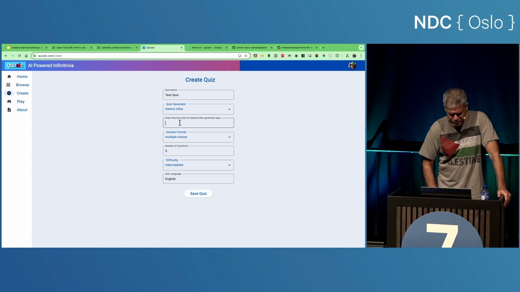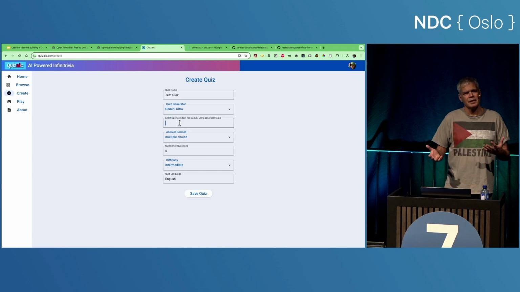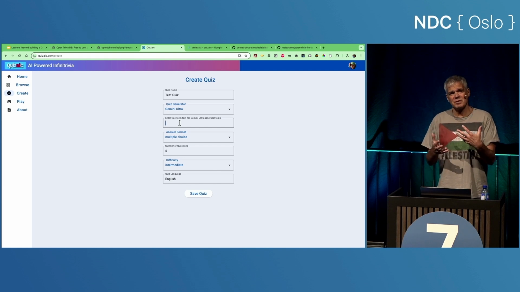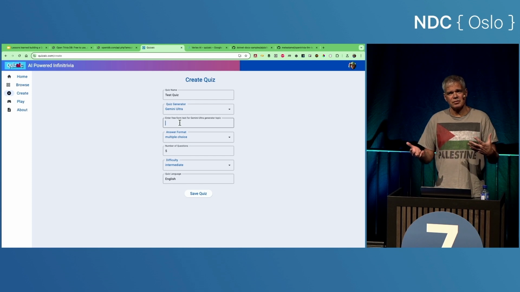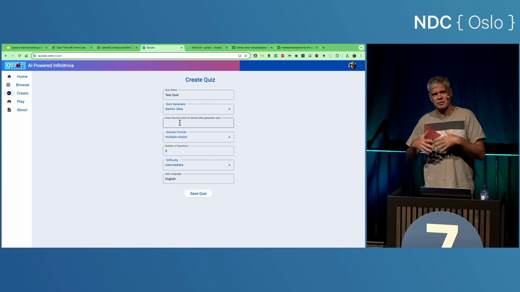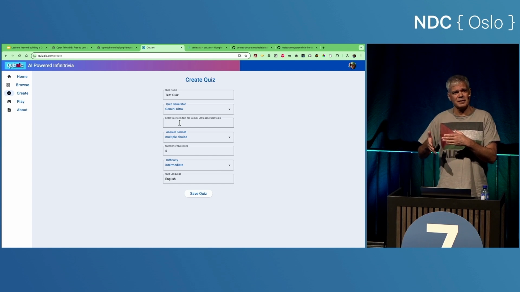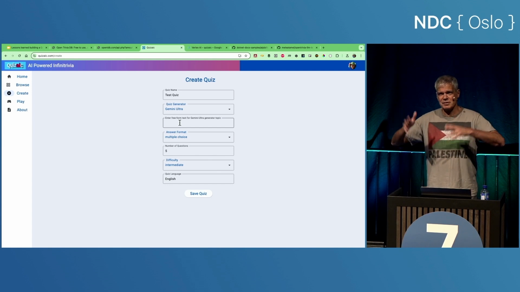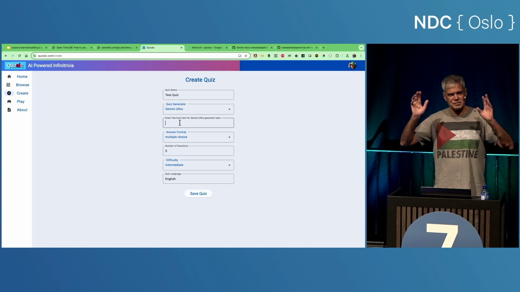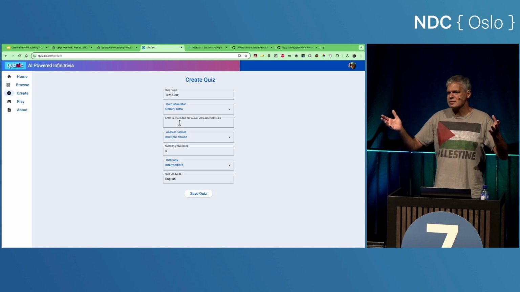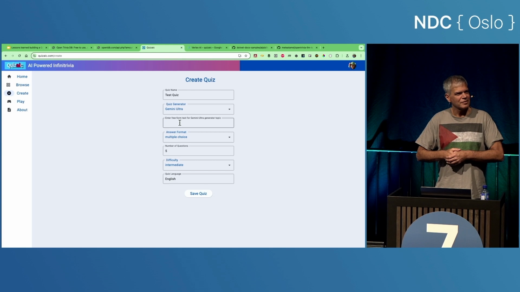And here I can enter a free-form topic. Now, this is the great thing, it's just unlimited. I can make it as specific or as general as I want. If I'm a teacher who wants to generate a quiz for your class that's about exactly the thing we covered this week, I can do that. Or if I'm having a party and I want to have a general thing, world history, trivia, literature, whatever, I can do that. So I want to ask some brave person in the audience to give me a quiz topic, and we'll try it out.